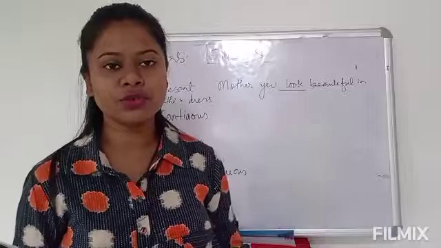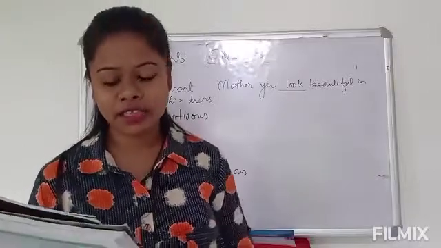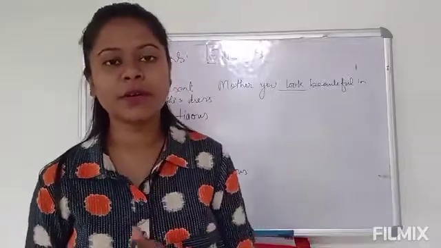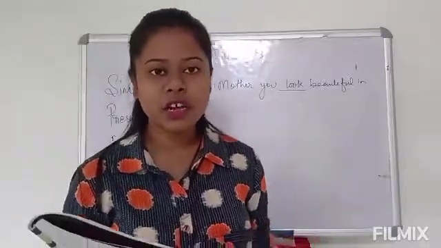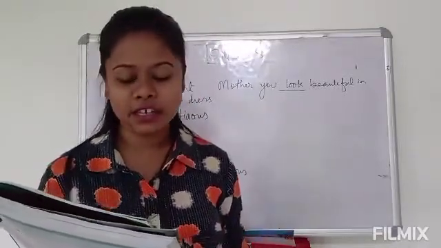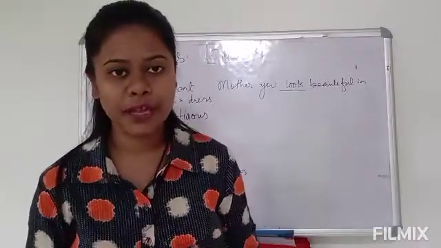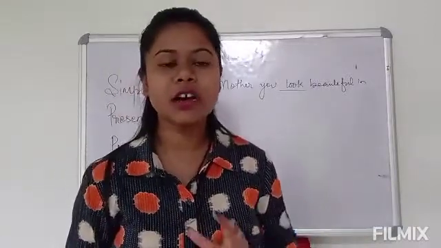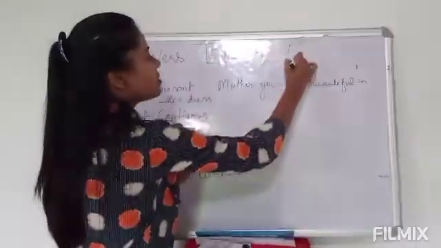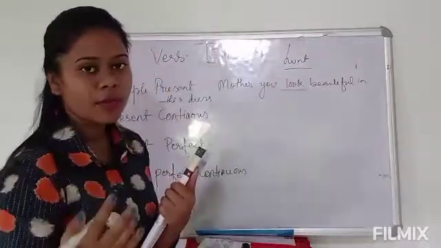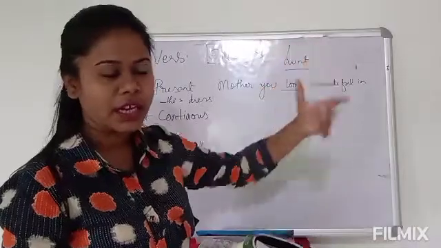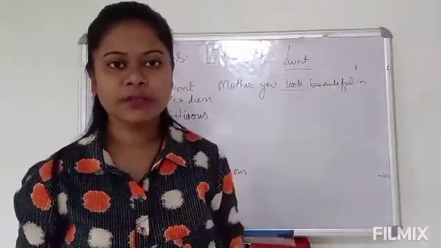It is also used to express what? The facts and things that are always generally true. Okay, it is always in a simple present tense, which are generally true. Like lions and tigers hunt their prey. Okay, lions and tigers hunt their prey. So the word hunt is what? It is a simple present. Okay, it is a fact. It's a true thing. So it will be in a present.